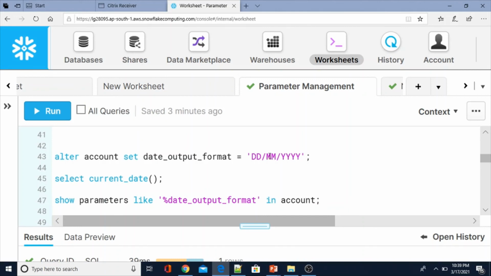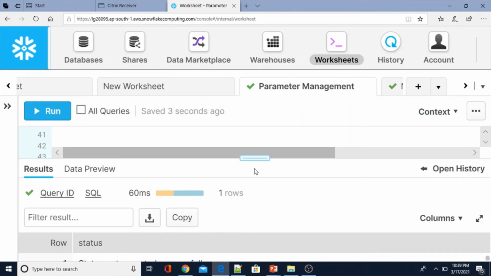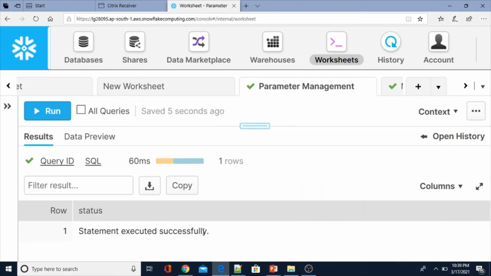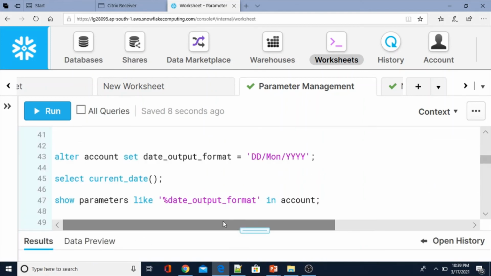Here instead of dd mm, I will put mon. Now the statement executed successfully. So now I have changed this date_output_format parameter for my entire account level.